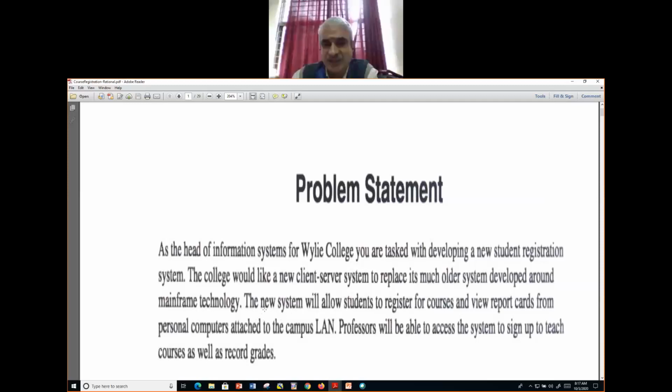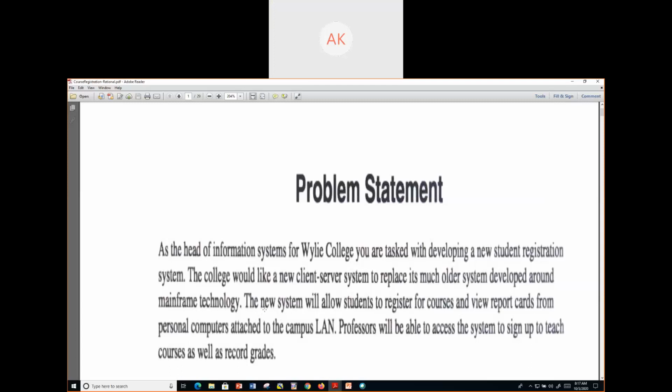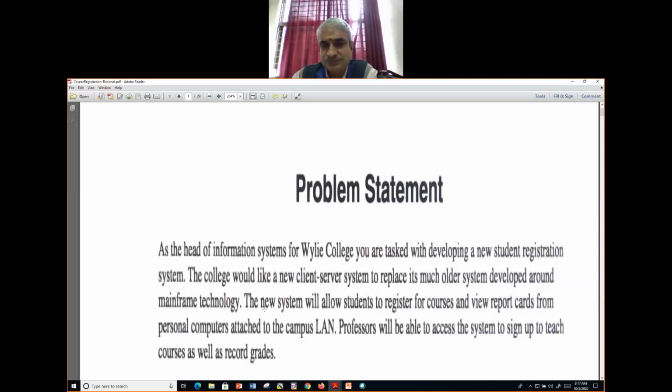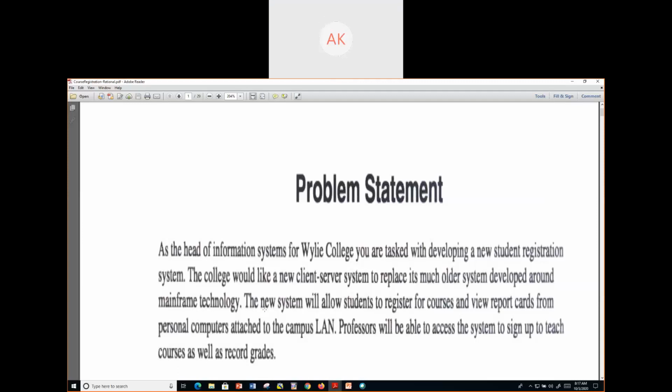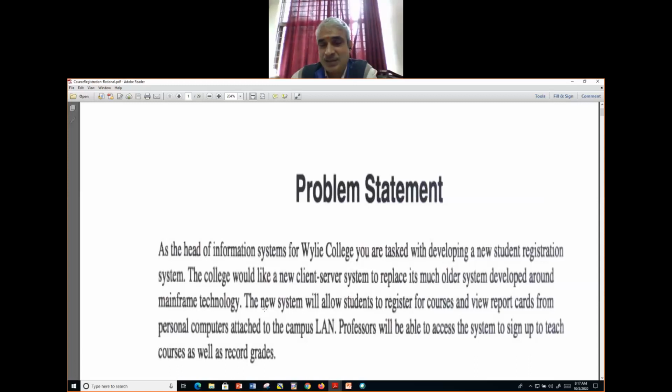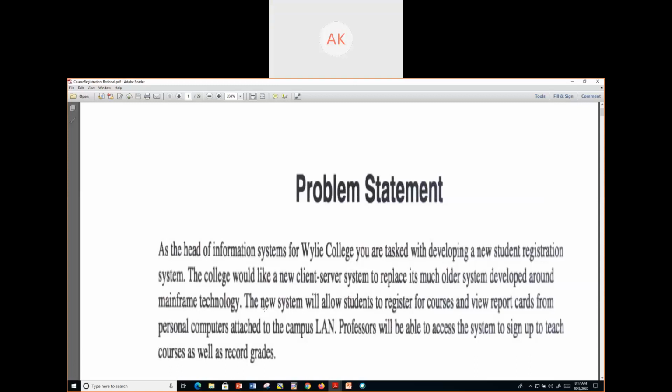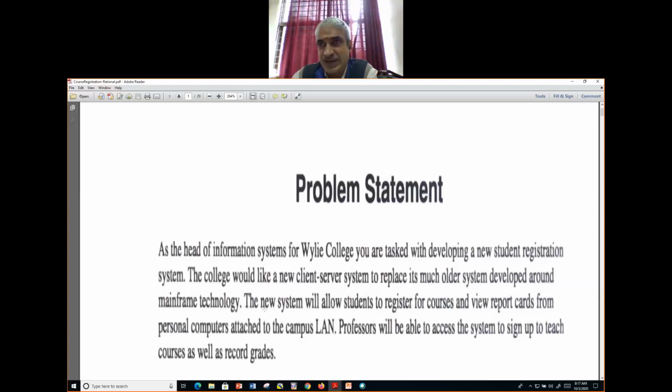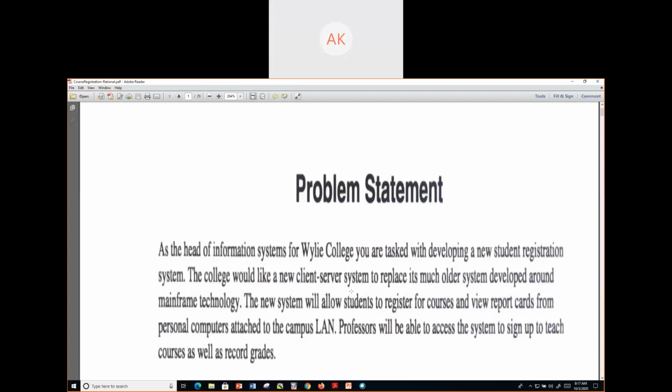The new system is one which you are developing. It allows the student to register. That means students are giving input. So students, that is one actor.